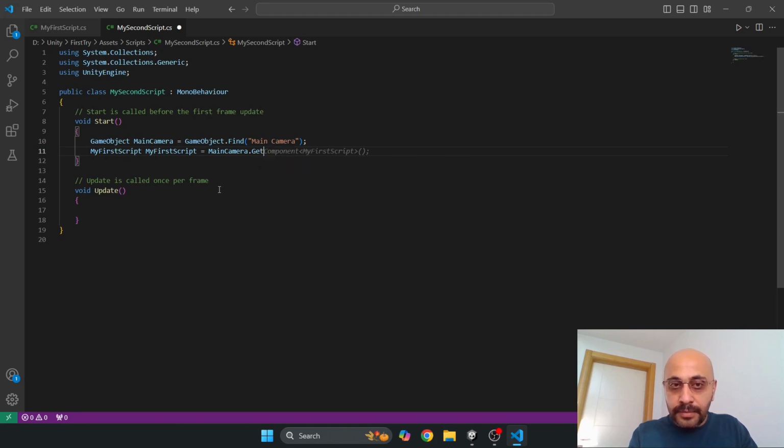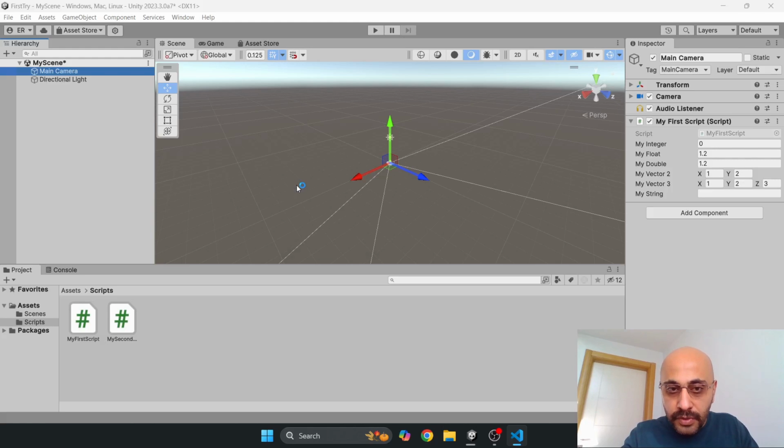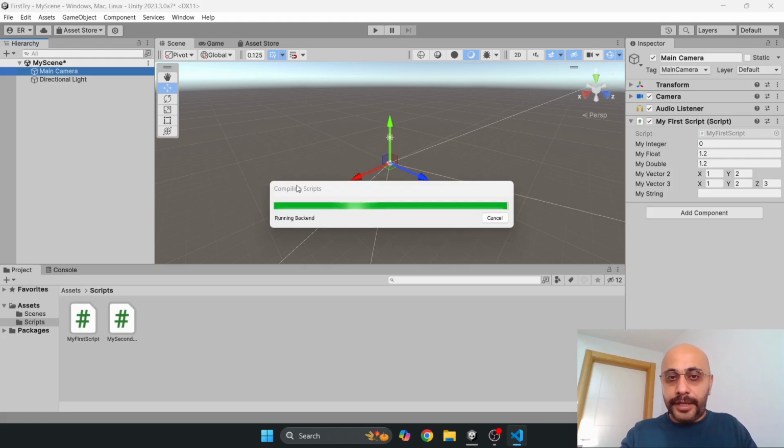apply the get component method of Unity. Get which component? The component that is named my first script. And since it's a method, there should be parentheses and the line ends with a semicolon. Save the changes. If there's no typo, you'll find